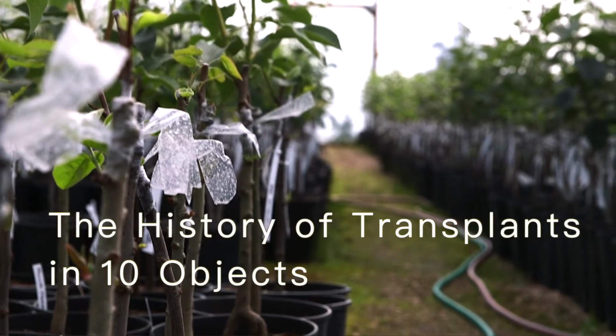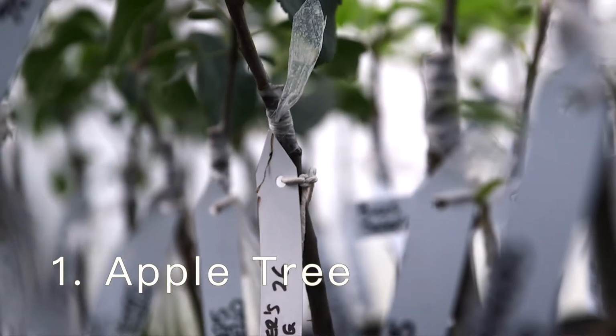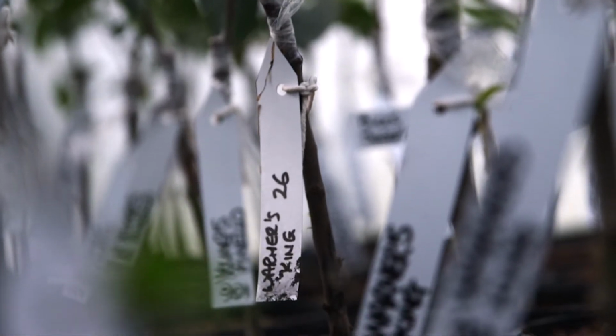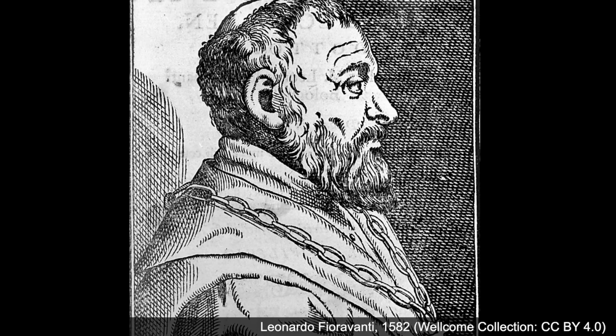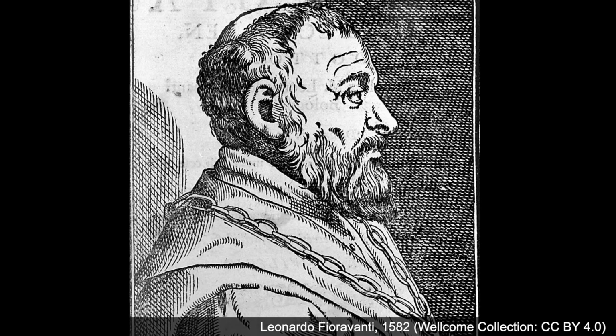We're going to start with an apple tree, which represents the very beginnings of transplant surgery. Skin grafting goes back literally thousands of years, and it's one of the world's oldest operations, mentioned in the Sushruta Samhita, which is an ancient Indian surgical text. But its modern history starts in 16th century Italy, where a few secretive families of surgeons used it to repair damaged noses. Now, in 1549, a renegade surgeon called Leonardo Fioravanti stole this secret from a Calabrian family, and what